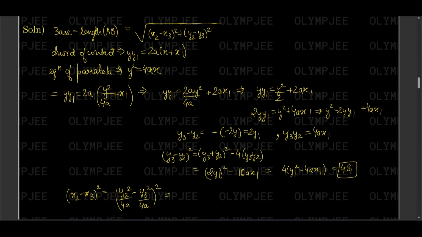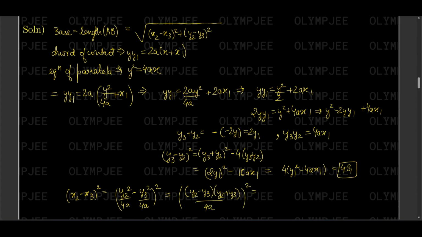So y2 square minus y3 square I have to find out. I know y2 minus y3 and y2 plus y3, so I will be using that fact. So this will transform into y2 minus y3 multiplied by y2 plus y3 divided by 4a whole square,